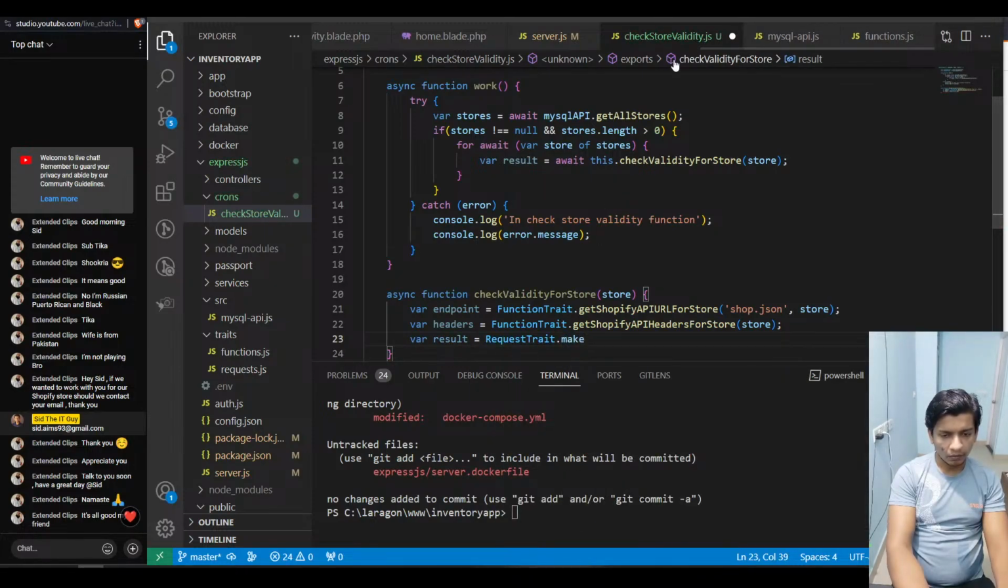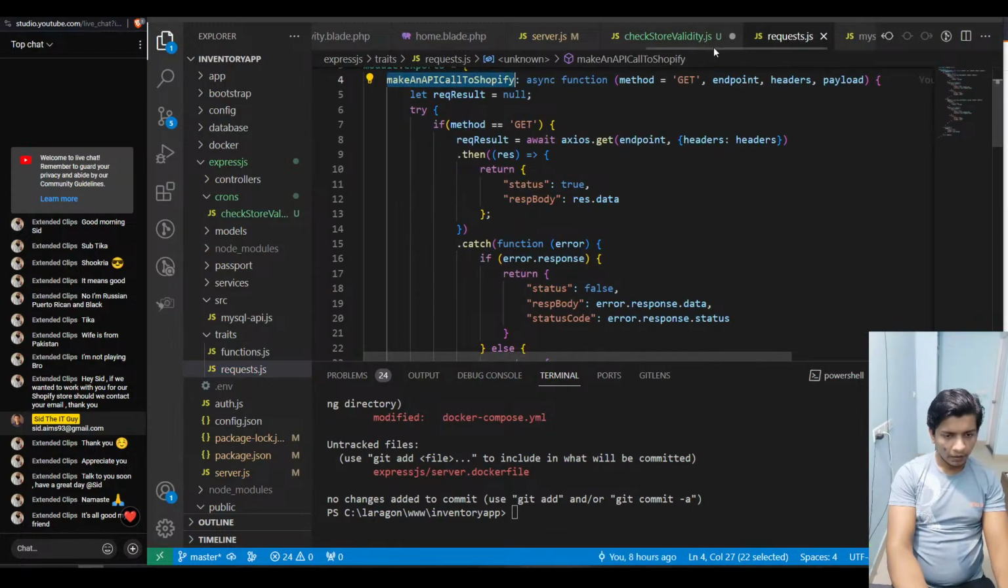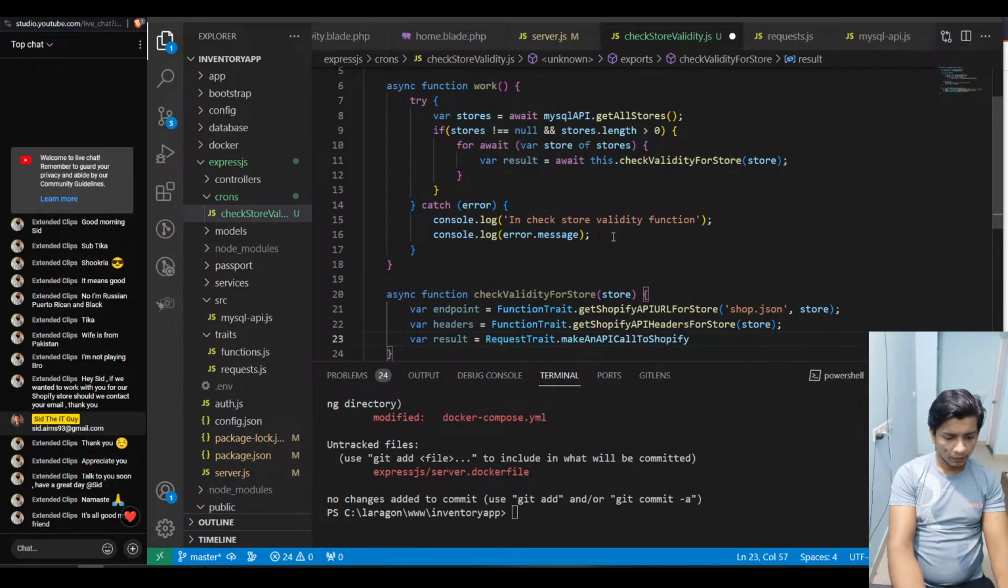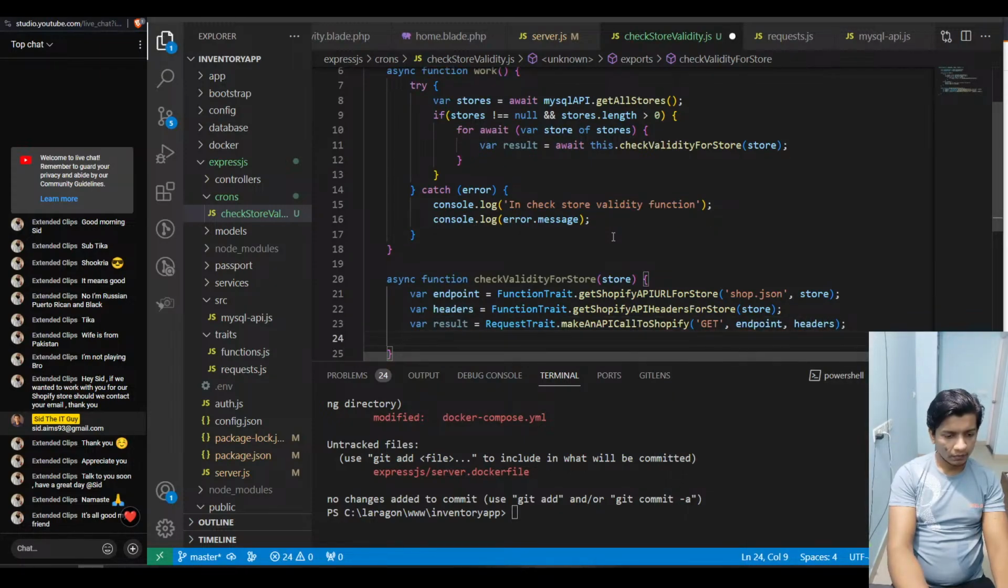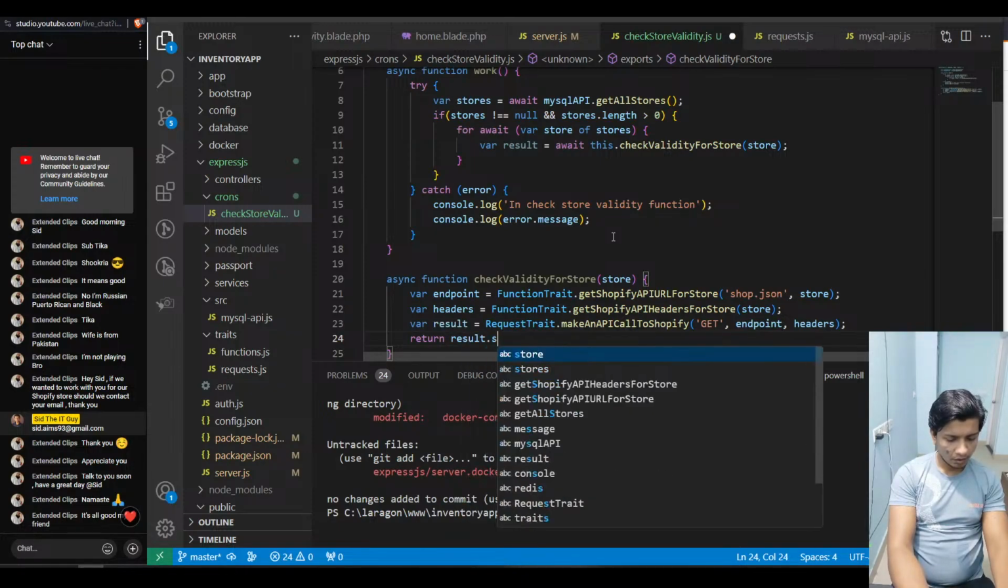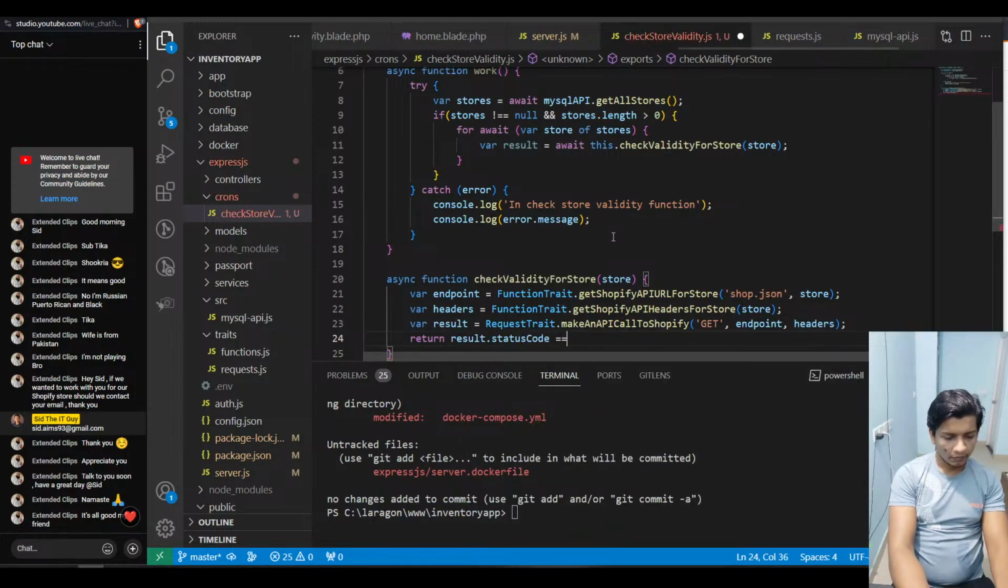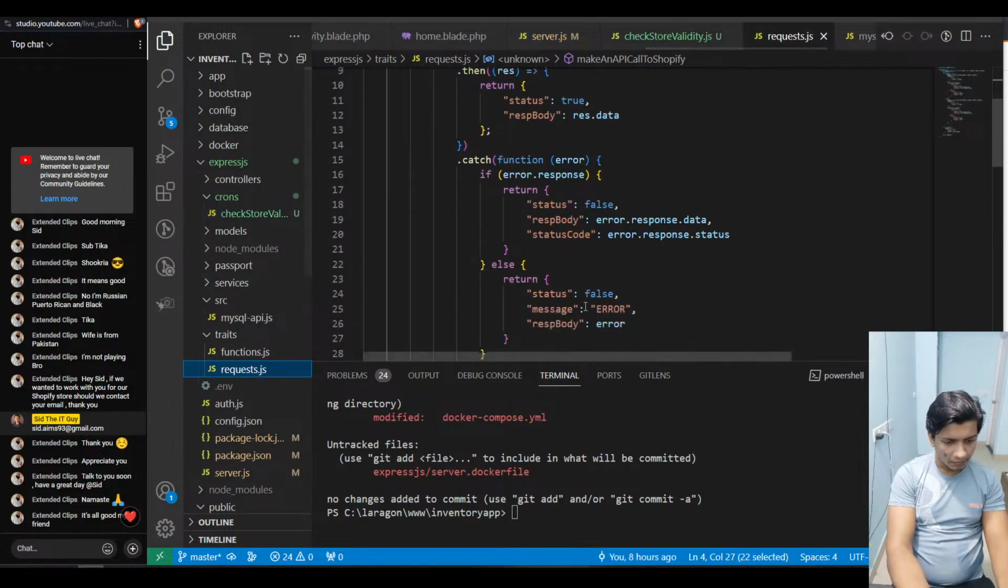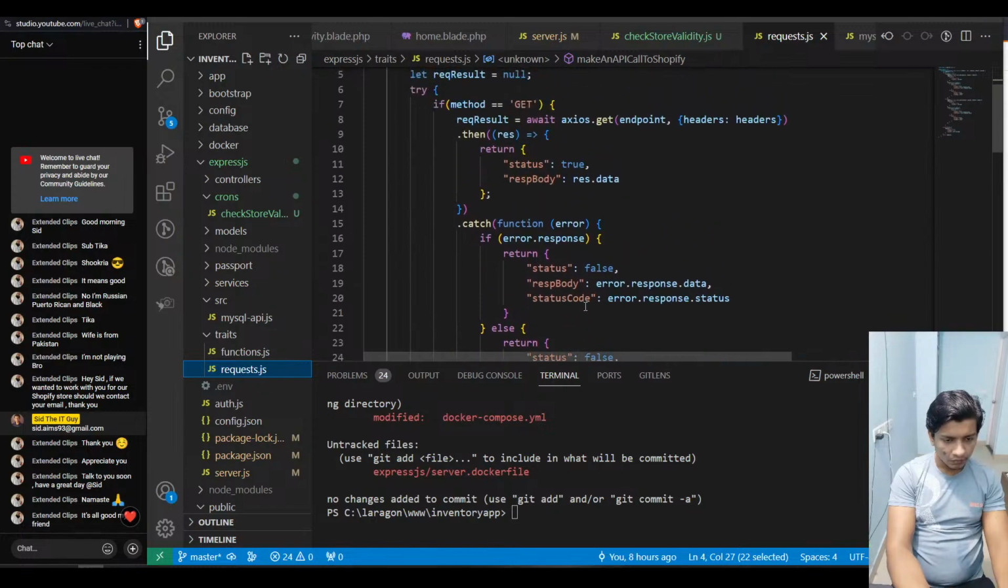request rate dot make an API call to Shopify, and it would be a get request, endpoint, headers. Then it would be return result dot status code exactly equal to 200, right? Okay, status true